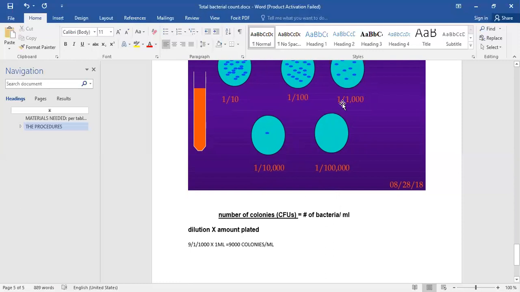But one thing is more important: before concluding, we need to make 3 plates of each dilution. Suppose that in 1 by 1000 dilution, we have to make 3 plates. In the first plate, suppose we got nine colonies. In another plate, we got eight colonies. So according to the formula, we calculate the colony forming unit,